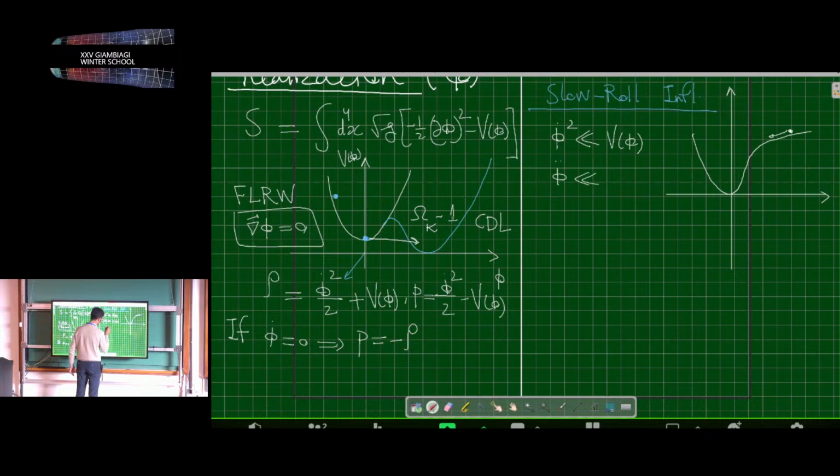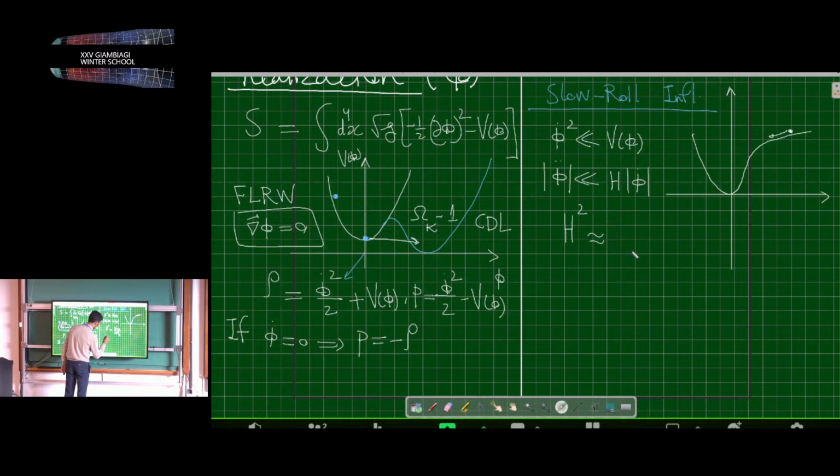So the Friedmann equation will be, so look at here, the energy density is phi dot squared plus V of phi, but if phi dot squared is much less than V, the energy density, which sits on the right-hand side of the Friedmann equation, would be dominated by V of phi. So here I just write V of phi divided by 3 times M Planck squared. So now you can figure out what is the definition of the Planck mass from this equation.